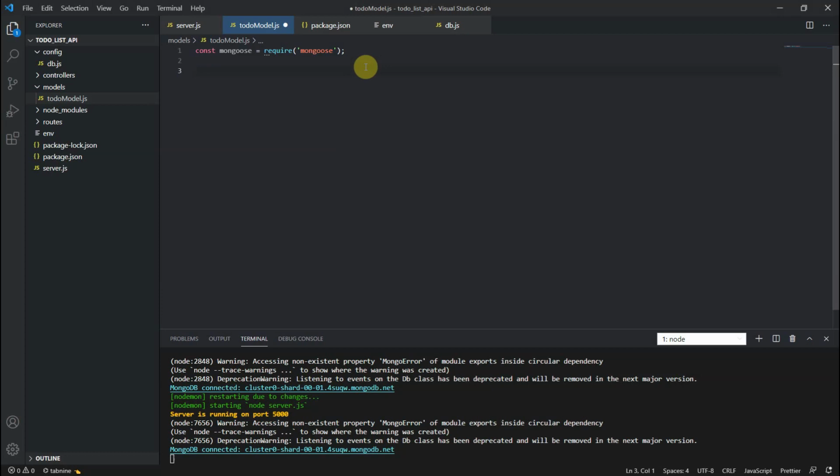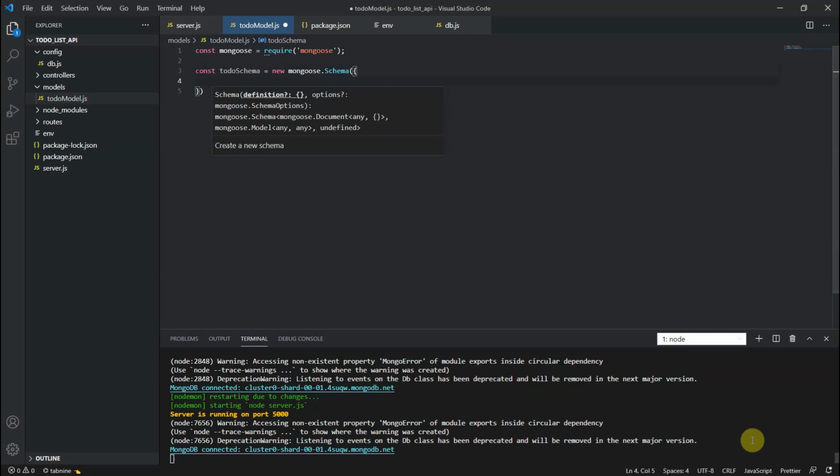Now we will build that mongoose schema. So what is mongoose schema? Actually this is the database structure, that is mongoose schema structure. So const schema equals new mongoose schema, and in this schema I am giving some parameters. So what parameters we need? First we need to think.